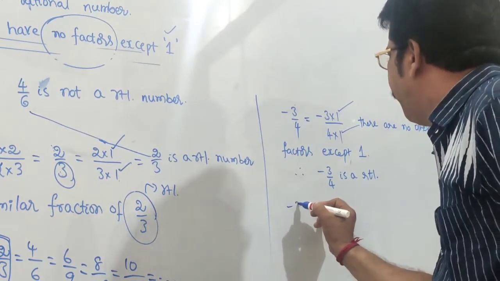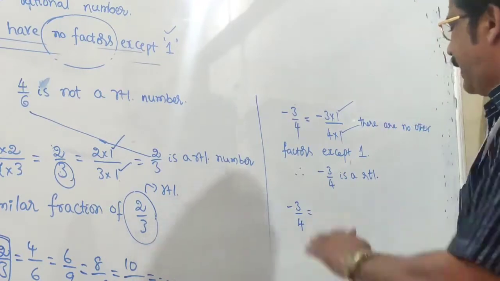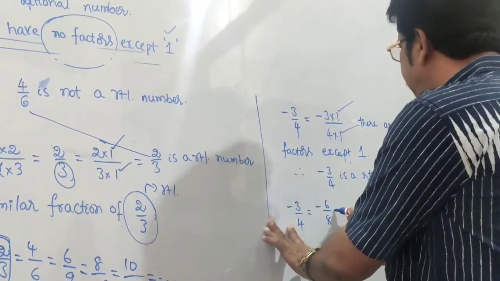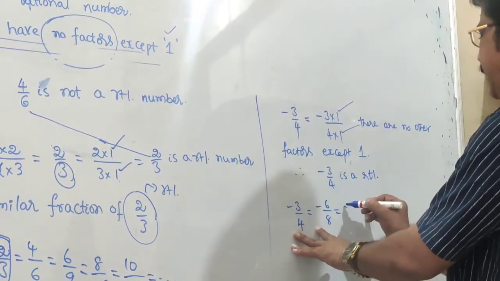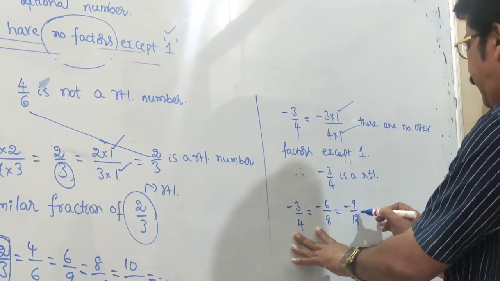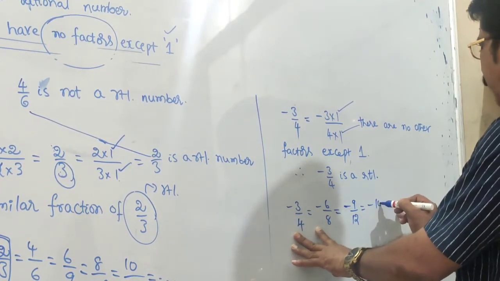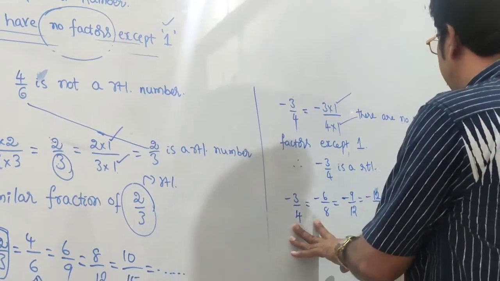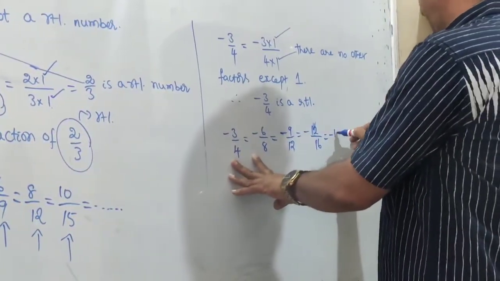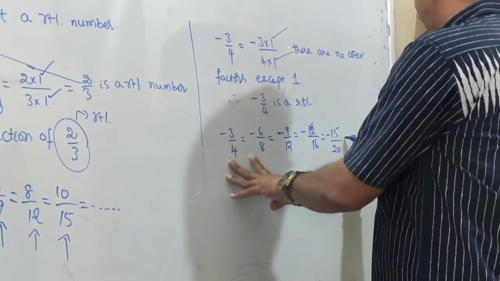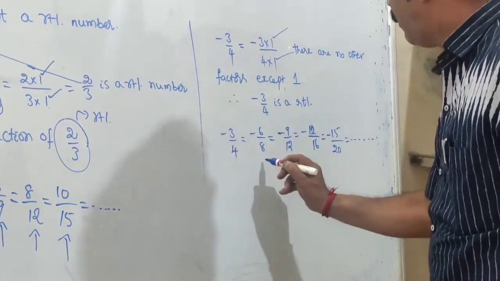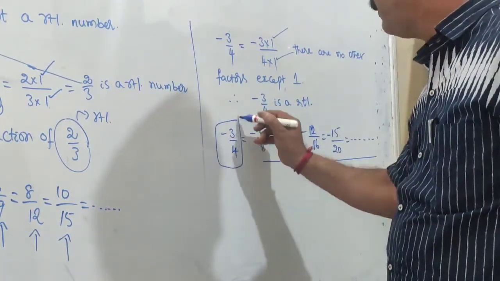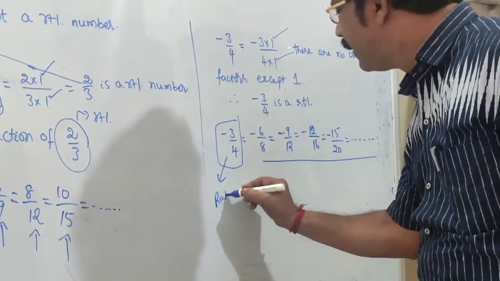Okay. But mathematically, minus 3 by 4 is equal to, let us take into 2, 3 2s are 6, minus 6 by 8, that is equal to minus, 3 3s are 9, 3 4s are 12. Next, into 4, minus 12 by 16, that is equal to minus. Next, into 5, minus 15 by 20, and so on. So we have infinite similar fractions, but the basic one is minus 3 by 4. It is called a rational number.